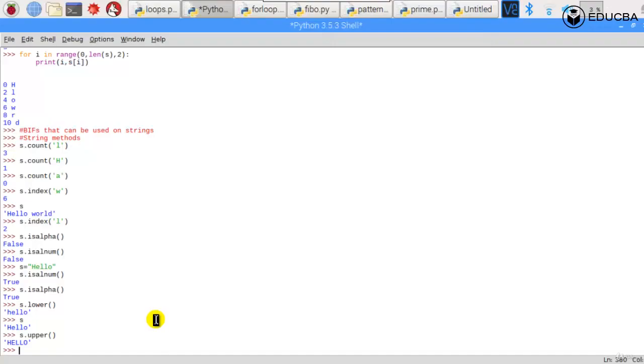The dot format method, that is s.format, what does it do? All right, it does something like this. We can just have a look at it. Let me just create a string which,